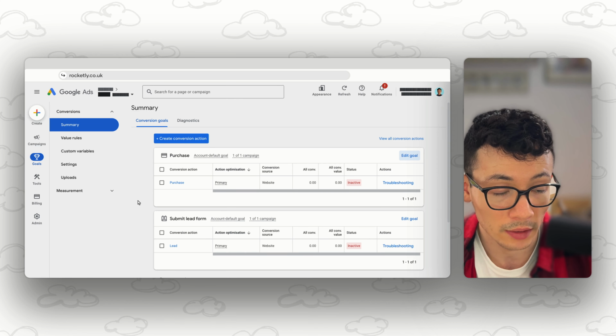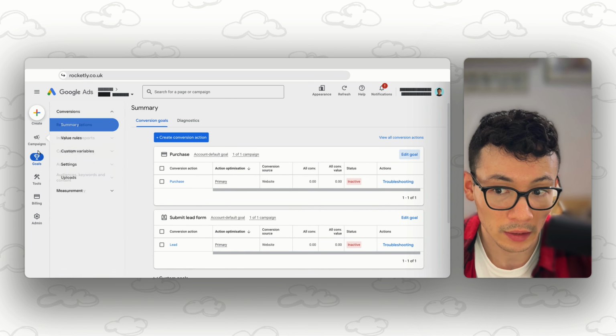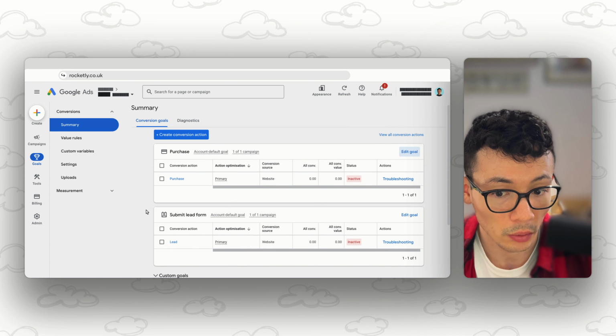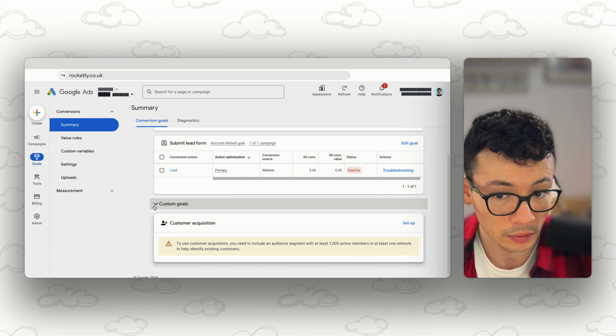So what you can do is create a custom goal for each of these, and then go into the campaigns and set them specifically to optimize towards a specific conversion. On the goals page, in the summary page where the conversions are listed, all you need to do is scroll down to the bottom where it says custom goals, and expand the option.